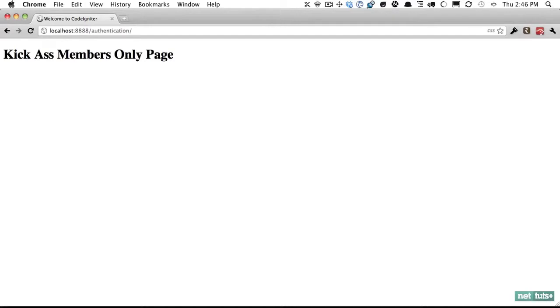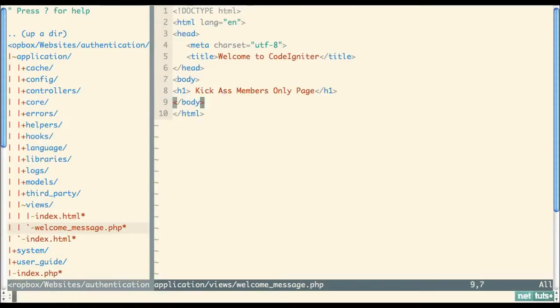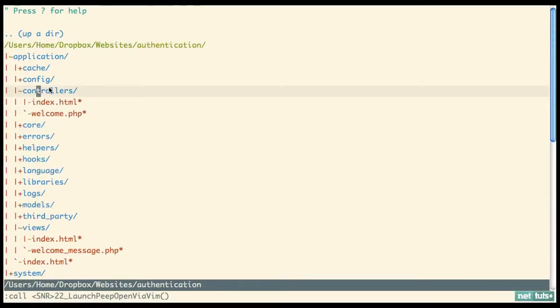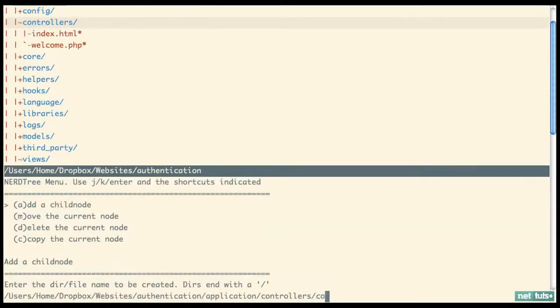At the moment, anyone can access this page. So we want to set up authentication where you have to log in in order to access this section. All right, so let's get started. Now that we have that set up, I'm going to go back to controllers, and we're going to create a new controller,